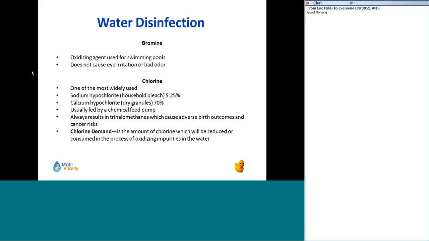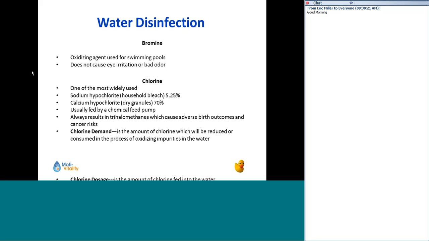So the parts of chlorine that are relevant when it comes to adding chlorine to the water, you've got the chlorine demand. That's the amount of chlorine which will be reduced or consumed in the process of oxidizing the impurities in the water. So basically, you have so many impurities there, and the chlorine is going to go in and kill those. Whatever it takes to kill the stuff that's in the water, to oxidize it or to disinfect it,